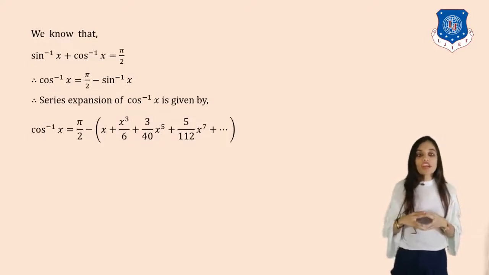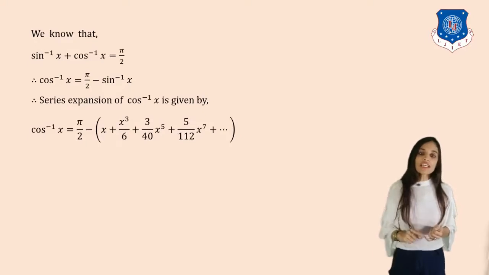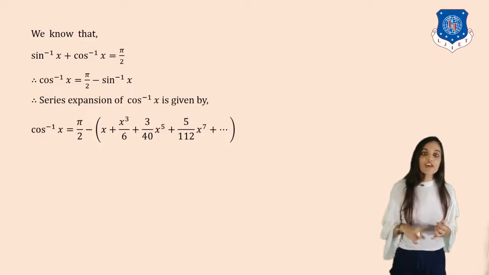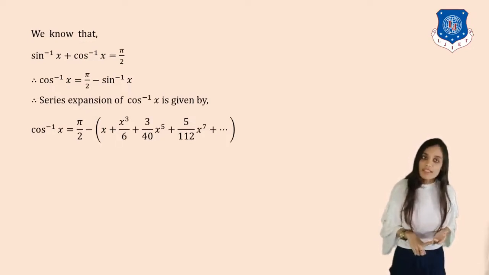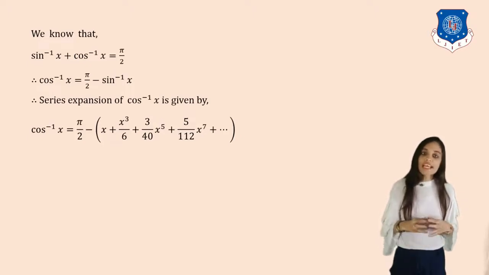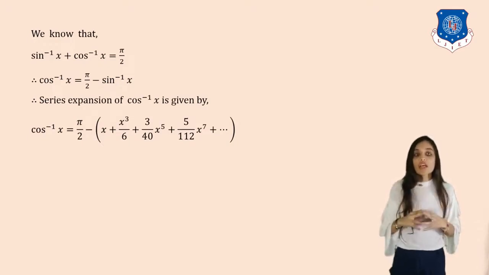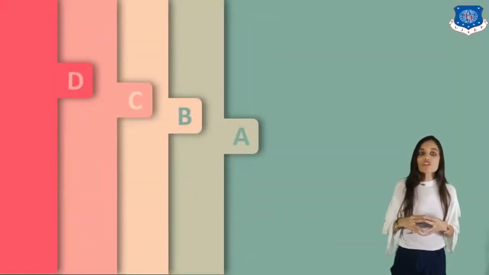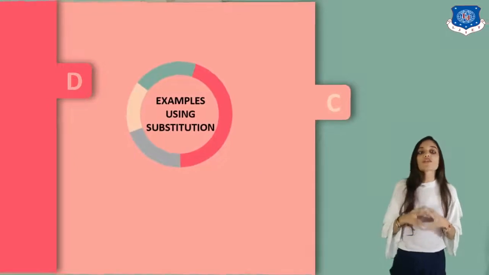So what we have done in this method, firstly we have done the first derivative of the given function, then used any of the series expansions such as 1 upon 1 plus x, 1 upon 1 minus x or binomial series. Then the next thing is, we have to integrate on both the sides, find the value of c and you will get finally the series expansion of our required inverse trigonometric functions. Now let's move on to our next topic, that is we will solve some examples using substitution method.